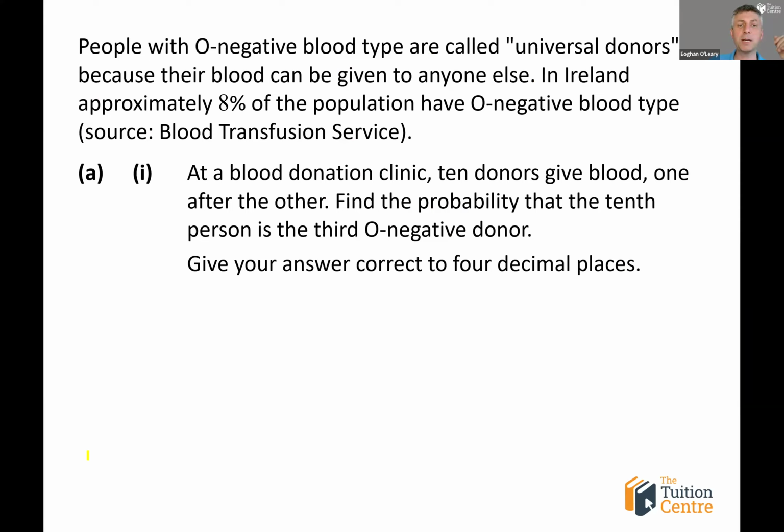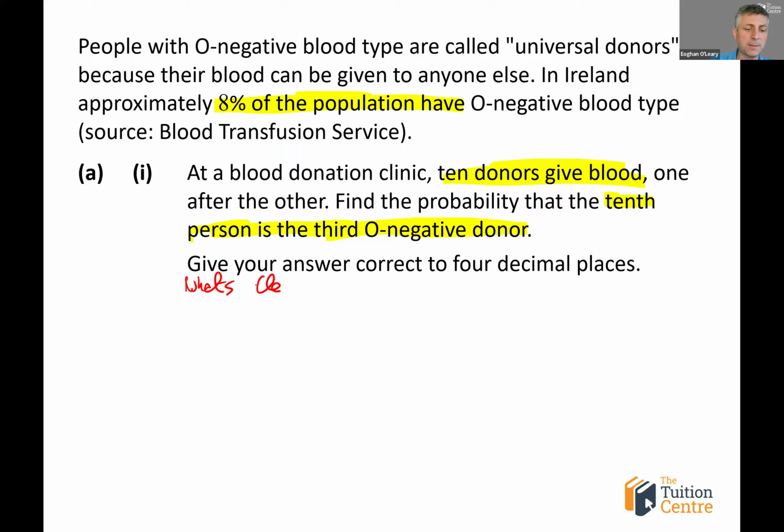But type O, people with type O blood represent 8% of the population. At a blood donation clinic, 10 donors give blood, one after the other. Find the probability that the 10th person is the third O negative donor. So in this case, if I simplified this down slightly and I said, what's the probability